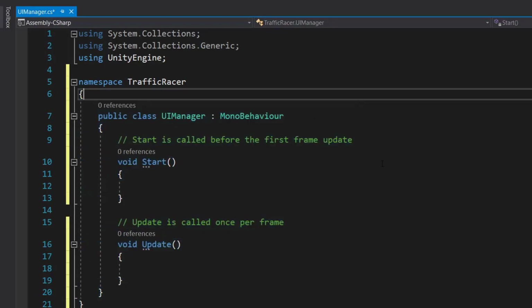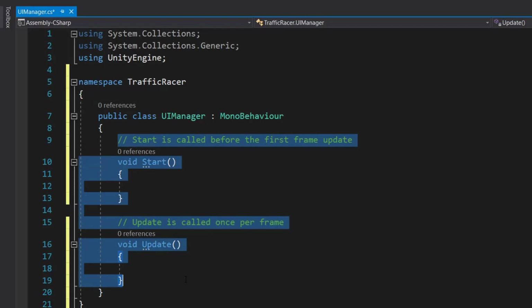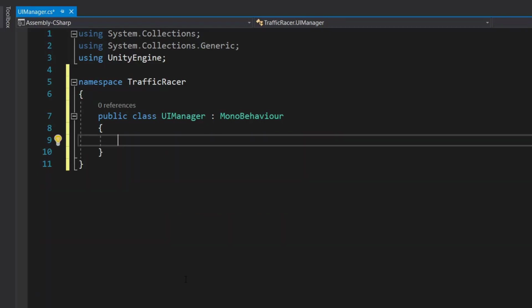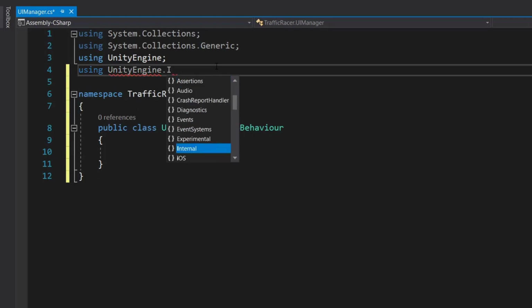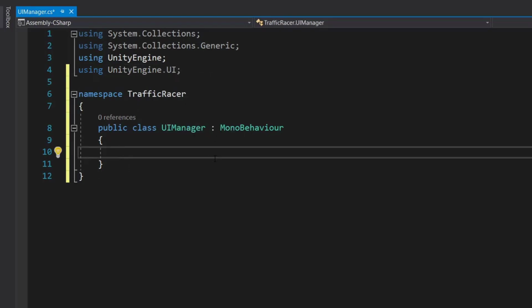Okay, now our UI manager will be responsible for logics of our UI. So I will just remove right now the start and update and call using UnityEngine.UI. So first we will need a reference to all our panels.